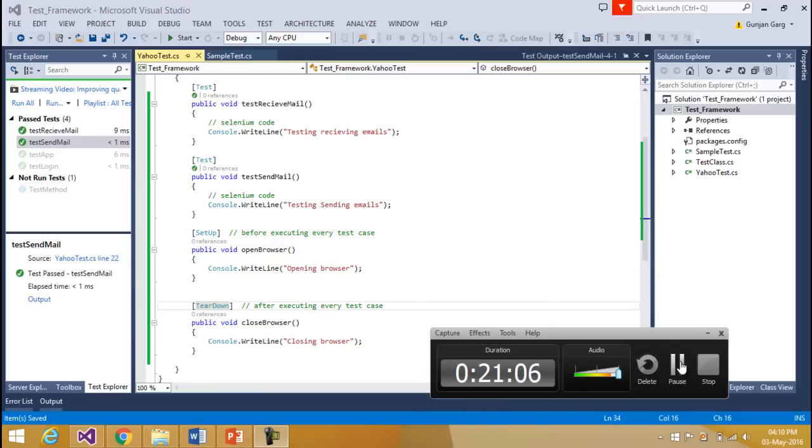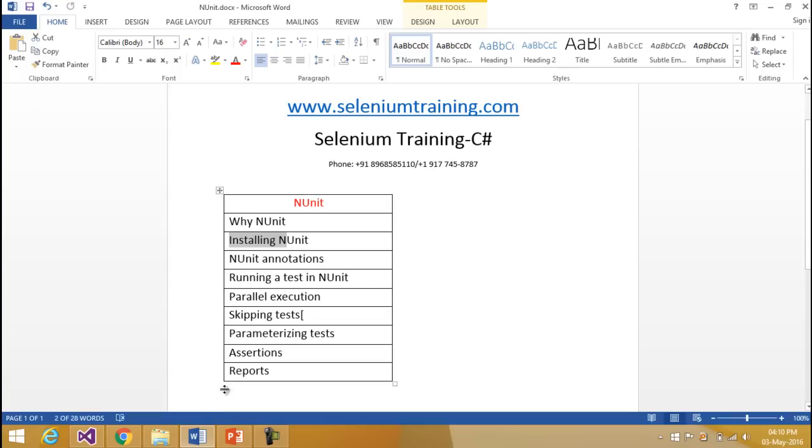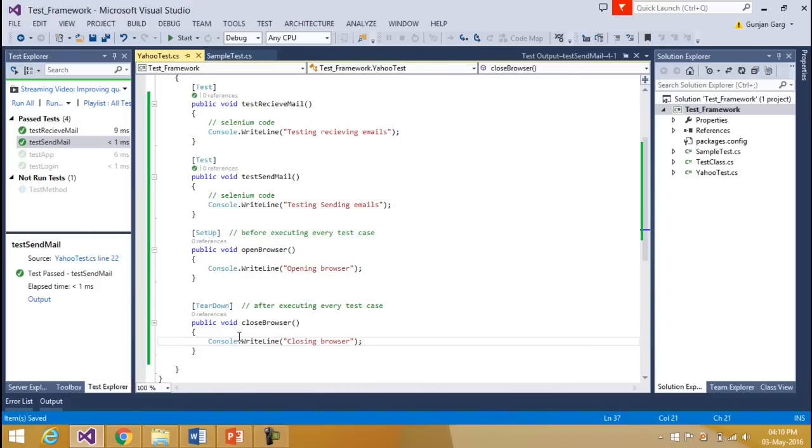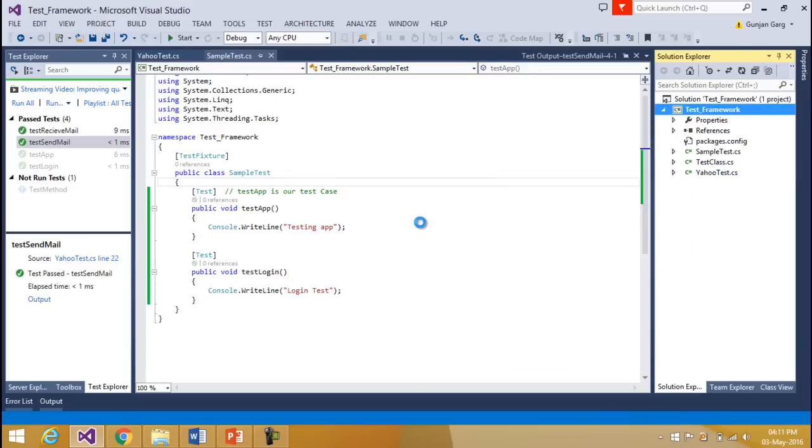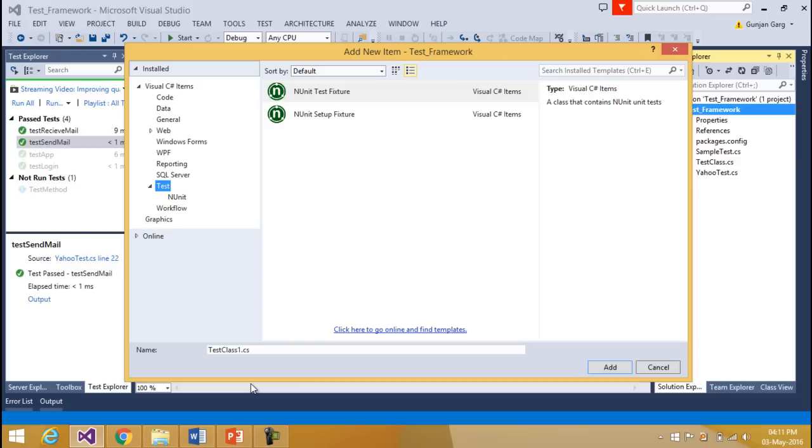Okay, so now let us see how to run the test cases parallelly, how to execute your test cases parallelly at the same time. Now suppose you have two test classes, that is the Yahoo test and the sample test. And say suppose I add one more test fixture class,